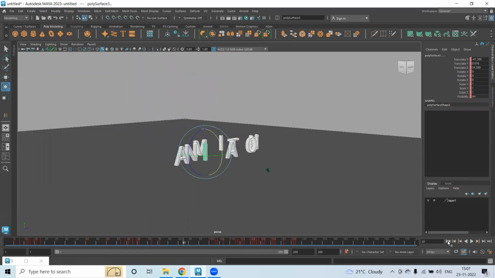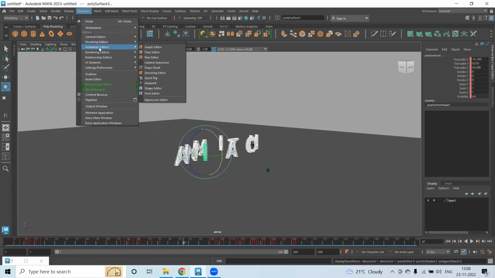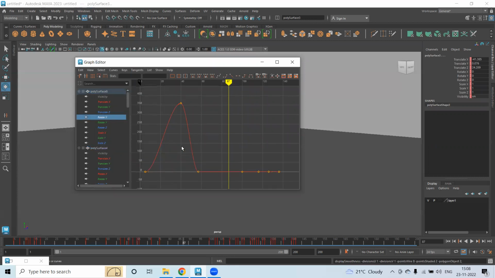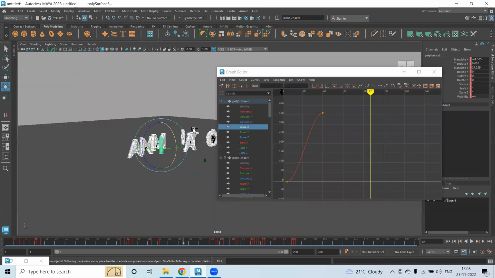Now the problem with this is I'll just go to, I've selected everything. I'll go to window, animation editor, graph editor. Rotate X, we have done it, right? I'll just select rotate X for everything. And I'm gonna delete all this for all the object. Basically, or else what I can do,